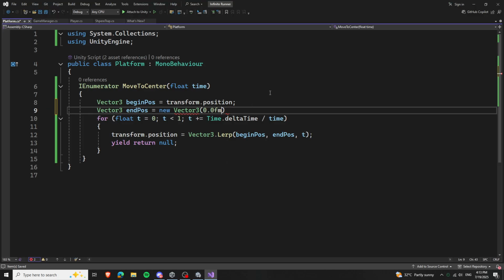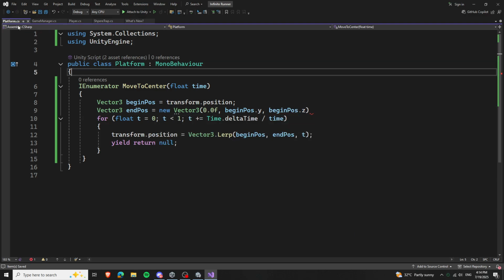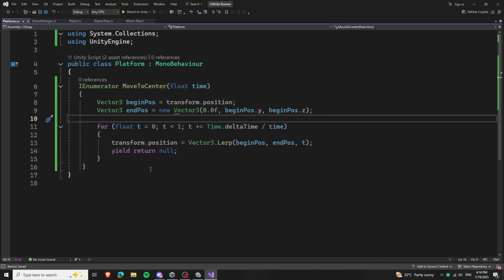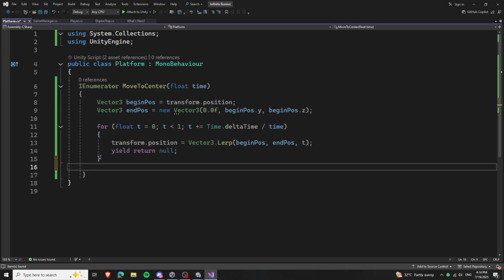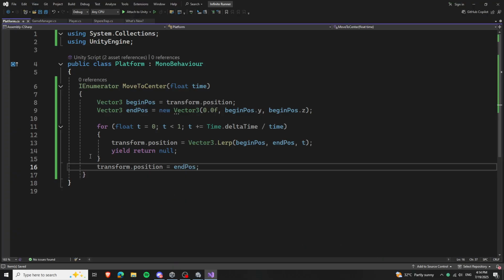But anyway, let's just say is the y from the beginning position, and the z remains the same. So now it will move over time from whatever position it is to the center. But we have to say here that the position at the end is the end position, and the reason is